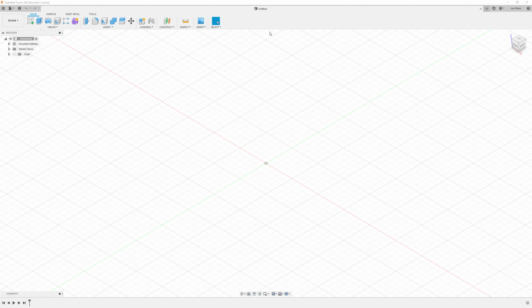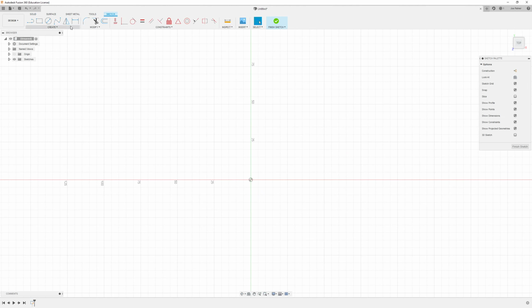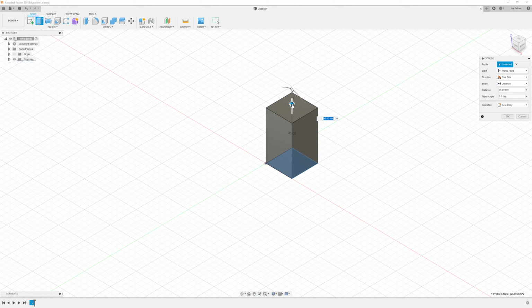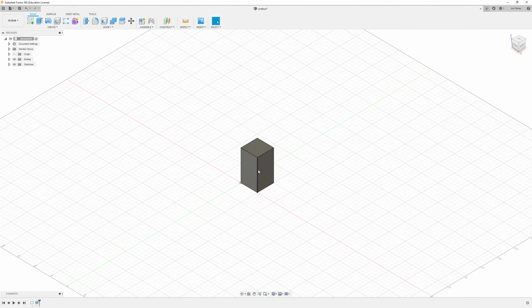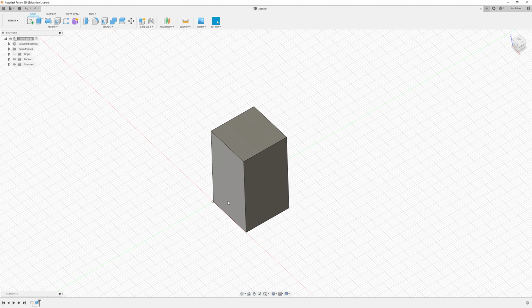Okay, so I'm in my normal design environment within Fusion 360 and the first thing that I'm going to do is create a block of material using an extrude feature. So inside my design I can go to create a sketch, sketch on the XY plane, sketch a rectangle, and then use the extrude tool to extrude that rectangle to a given height. Now as soon as I do that, I've created an amount of material within my existing design,